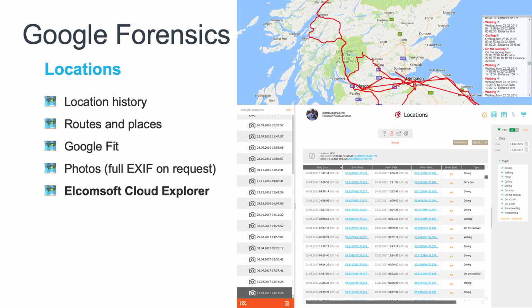Finally, we've come to the most interesting point: Google locations. In the Google Cloud, hundreds and thousands of coordinate points are stored, allowing to reconstruct the full history of users' movements and activities collected by Android devices. Google collects and stores this data for many years unless the user clears the location history manually in Google Maps timeline. Location data can be extracted from the following sources: